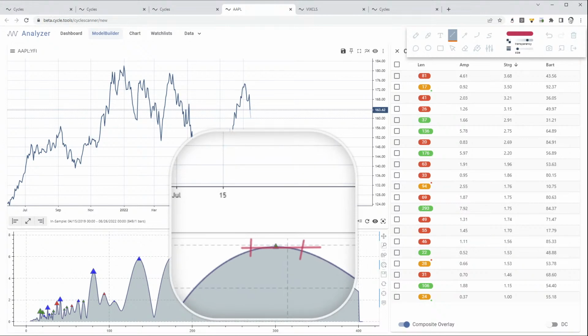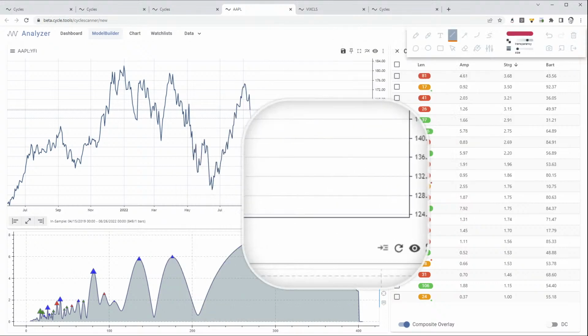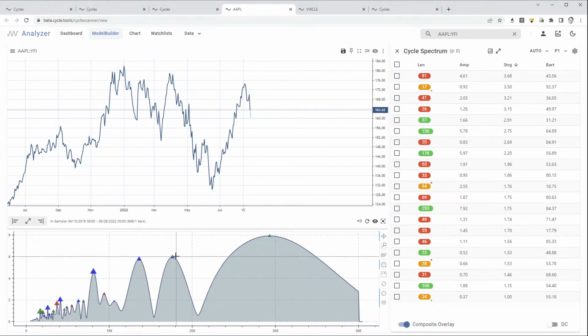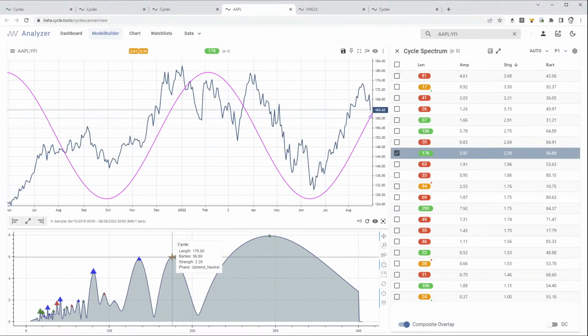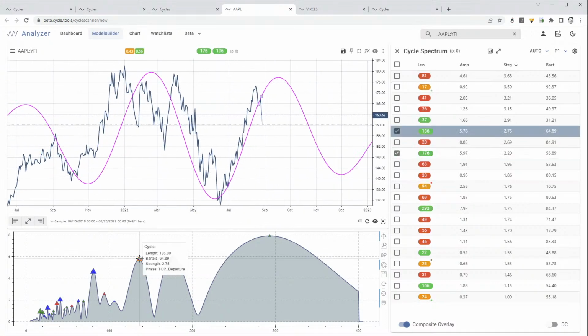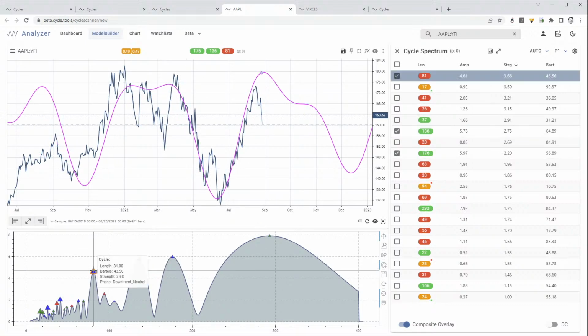Mathematically, we can position the triangle where it is. So from a mathematical point of view, there is a clear peak at that point. However, as it is a flat plateau peaking cycle in the spectrum, we cannot be sure about the length in detail. So therefore, I would skip this cycle, or not use this longer term cycle here. However, it's a different story with these 3 cycles. This is a clear peak in the spectrum. So let's pick these 3 cycles here, just in short to see what they tell us about the reading of